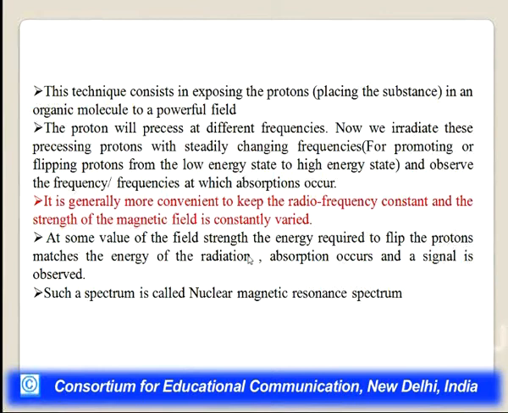At some value of the field strength, the energy required to flip the protons matches the energy of the radiation. At this value, absorption occurs and a signal is observed in the condition of resonance. That is, the precessional frequency of the nuclei and the frequency of the radio wave region become exactly the same. This is called the resonance condition, and there is absorption of that particular energy, and the signal will be observed. This spectrum is called the nuclear magnetic resonance